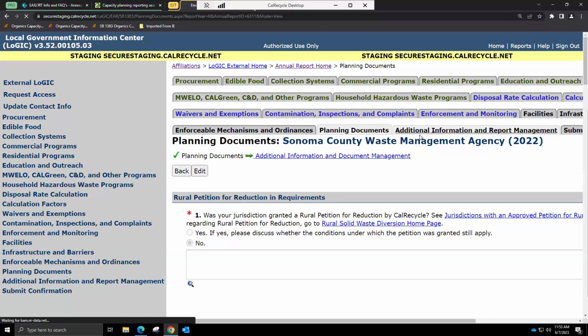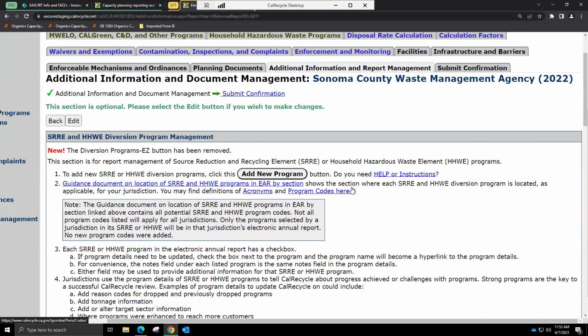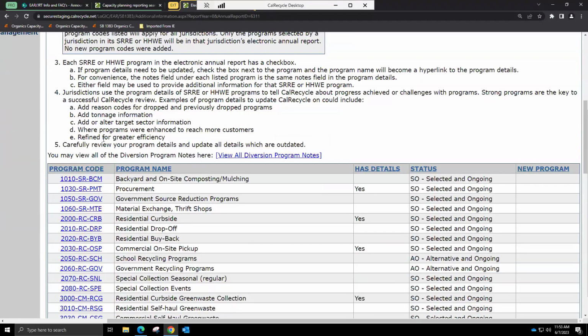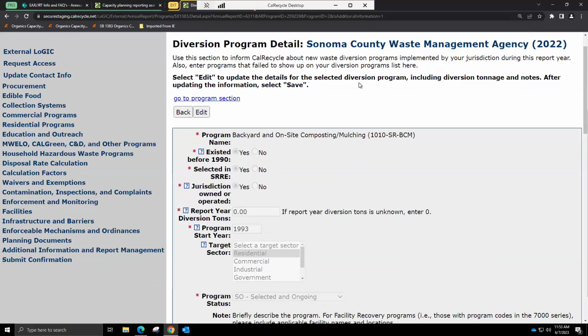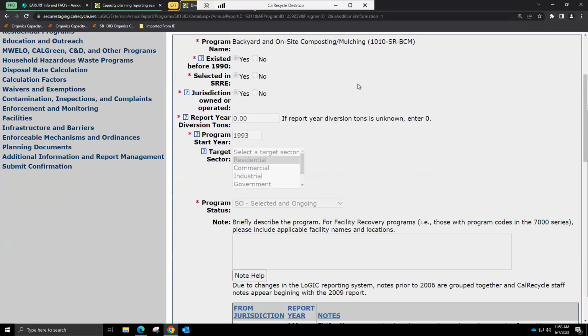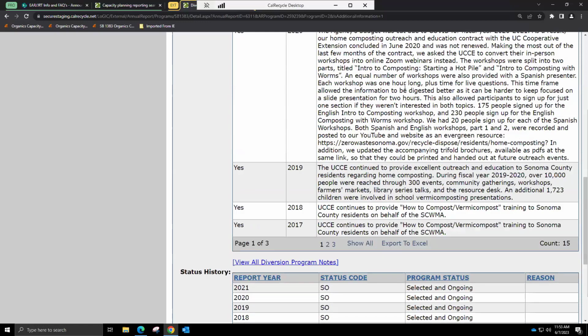Next up, the additional information and report management section. So for those of you who've done annual reports prior to last year, the SRRE and HHWE programs used to be more heavily emphasized. You still have the ability to go into these individual programs and update the existing information. Most of these would have been updated as you went through the other tabs and checked a box. So on each of those tabs, you would have gone through and basically made the updates, and you could have added a note if you want, either from those tabs if you click the hyperlink, or from that final tab, you can come in and still get detailed information for the programs